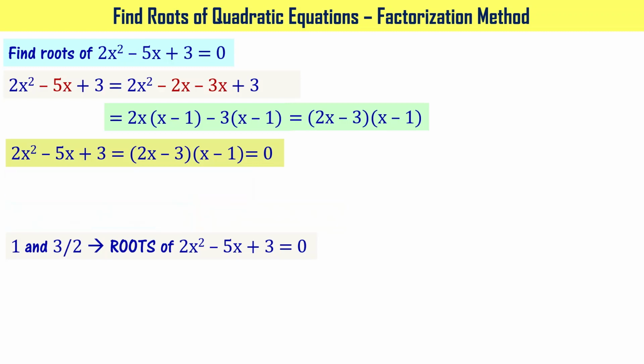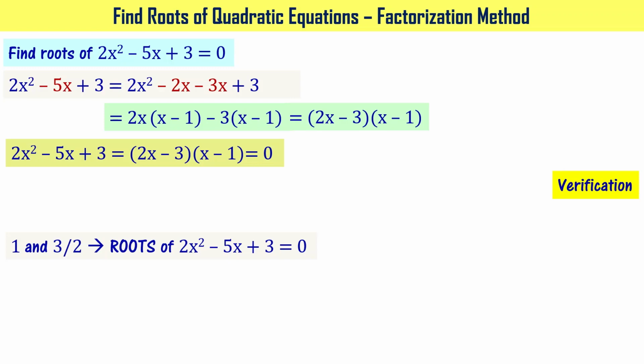Let's verify that. Verification means what you do: you will substitute these values into the left hand side term of the given equation and see whether you're getting a RHS that is equal to 0 as the answer or not. If it does, then you say that this particular number is satisfying the equation, right?